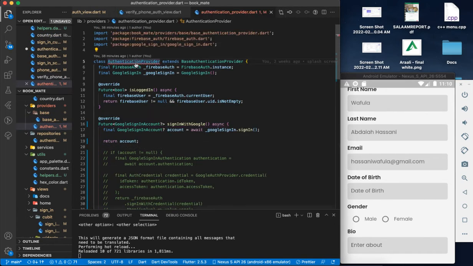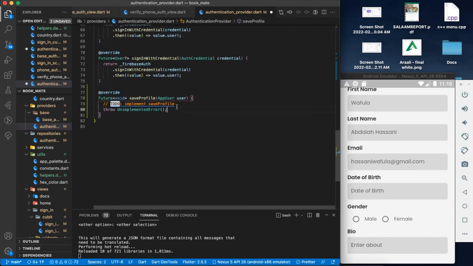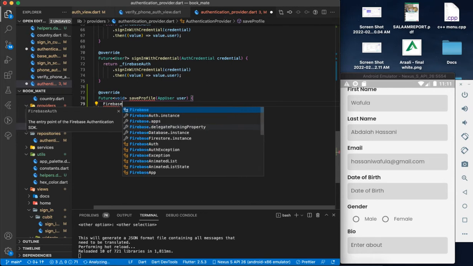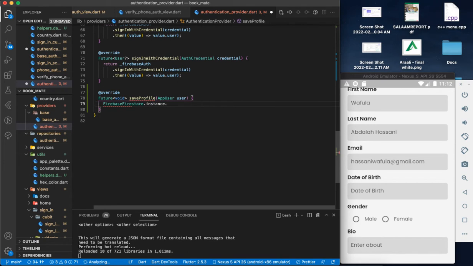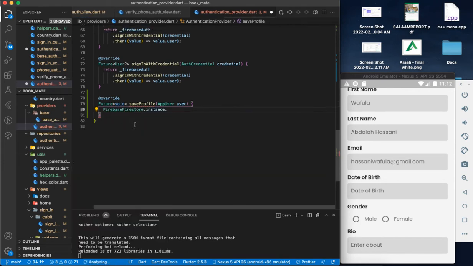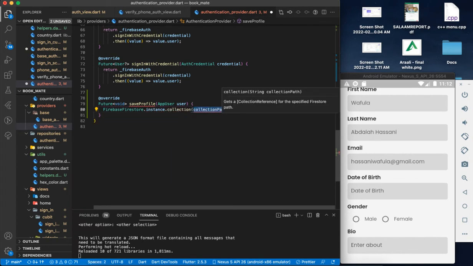You can override it now. And now here we are going to create the document. Okay, so what you're going to do, you're going to say Firebase Firestore.instance dot collection. Now this collection that you're going to save in will be users